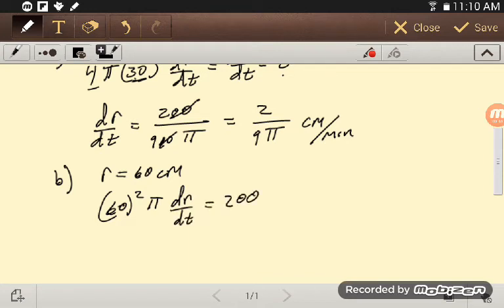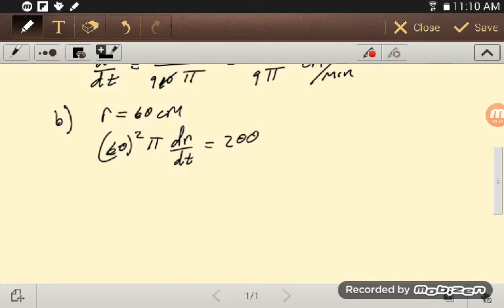So I went ahead and did the 800 divided by 4, because the only thing that changed is the 60 squared, so dr/dt